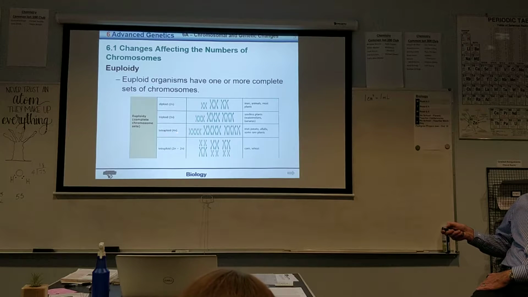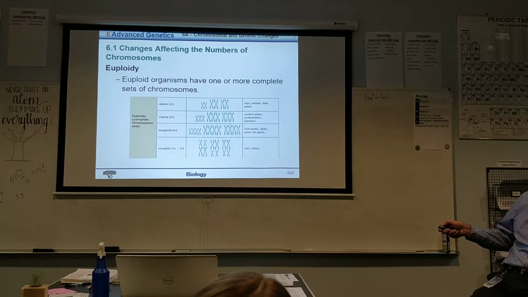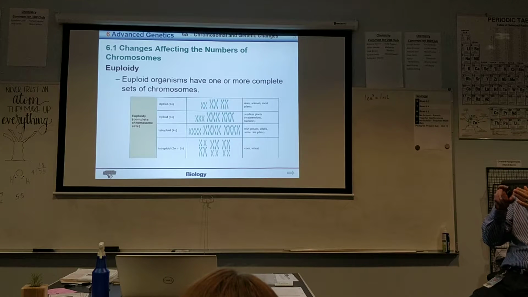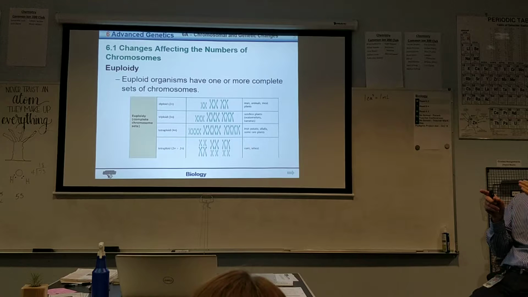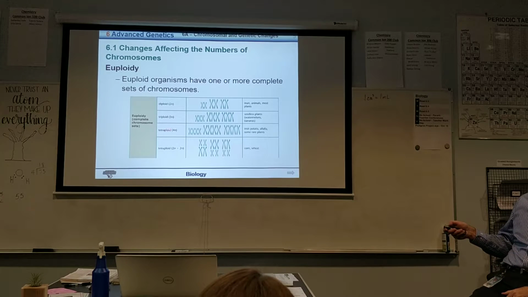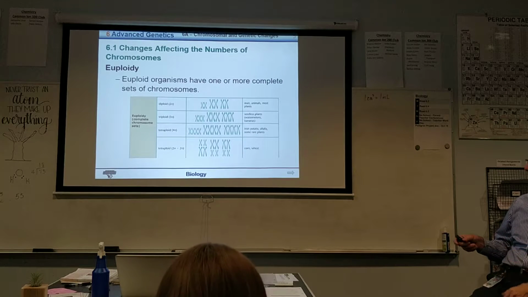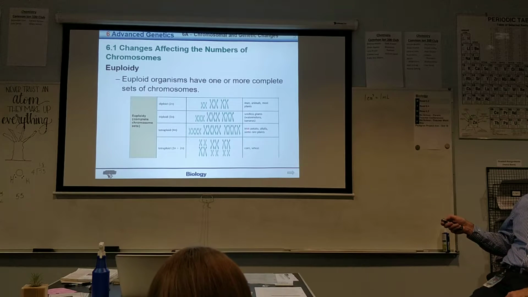Then we have some of them that are 4N. So of the four, here we have three different chromosomes, and we have four of each one of those. So that's why we have tetraploid, or 4N. Organisms that are tetraploid, or known to be, are Irish potato,